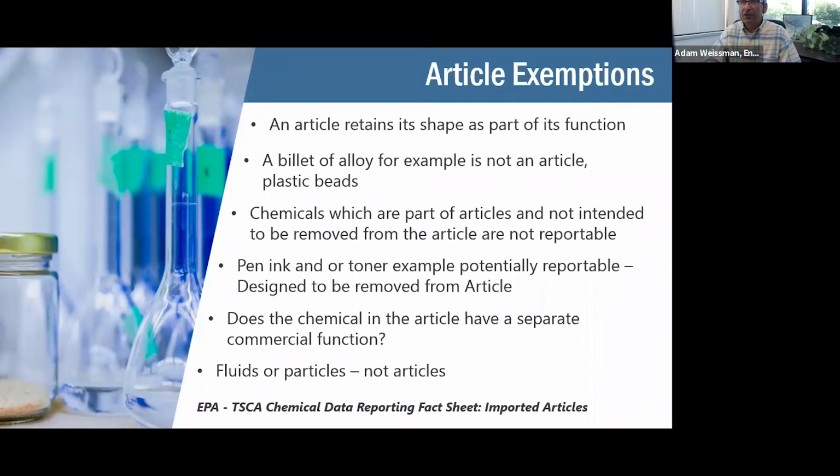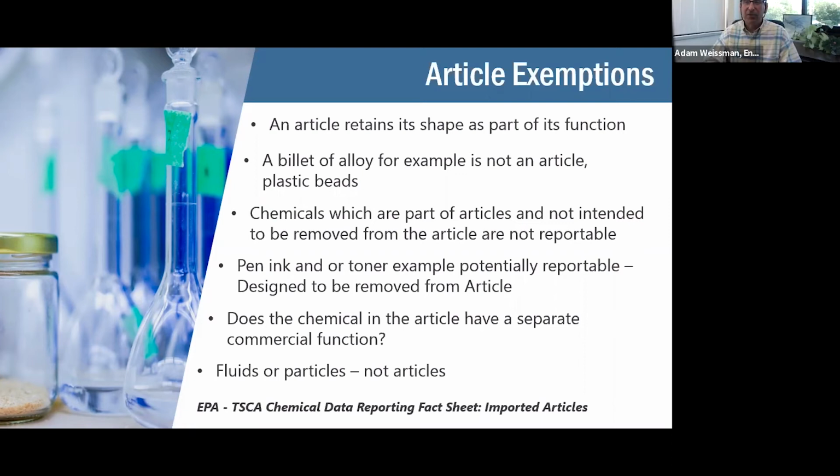There's even discussion of whether the article contains a chemical that is not intended to be released. And they gave an interesting example where brake fluid that was part of the car being imported, but is integral to the car and not intended to be released, can qualify for an article exemption.